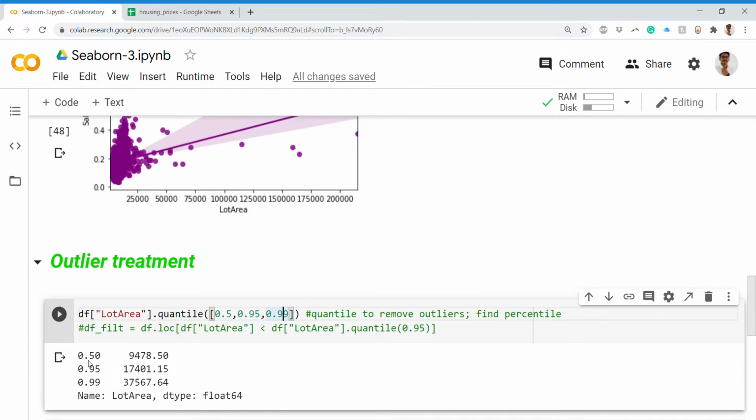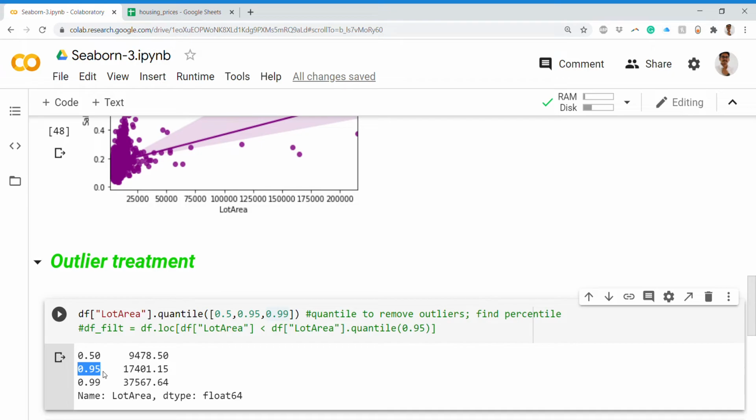If I run this, I get these particular count values. So on the 50th percentile, that is the median, I get 9478.50 as the outlier threshold. Compared with all these data sets, this is less than 10,000. It's not that high, but in organizations or in the real world, we don't go for the 50th percentile. We instead go for the 95 confidence interval, or something like 0.95. So these things are very much useful.